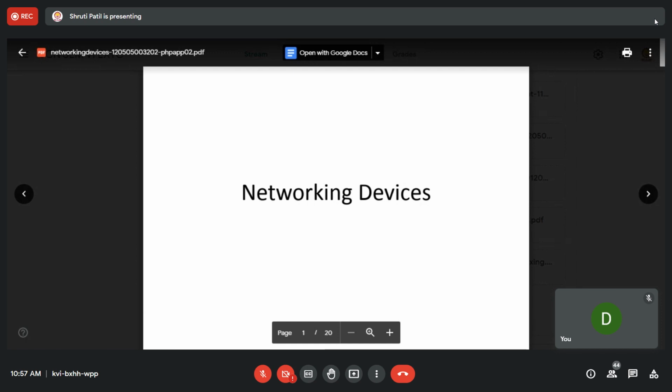All of you must have heard about gateways, routers, switches, bridges and hubs. These networking devices work at different layers, so we will go through them one by one.